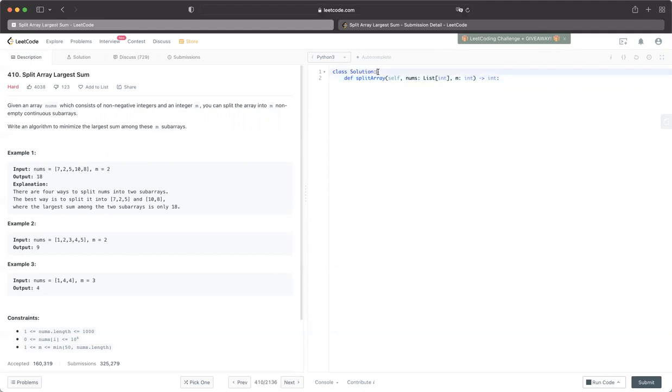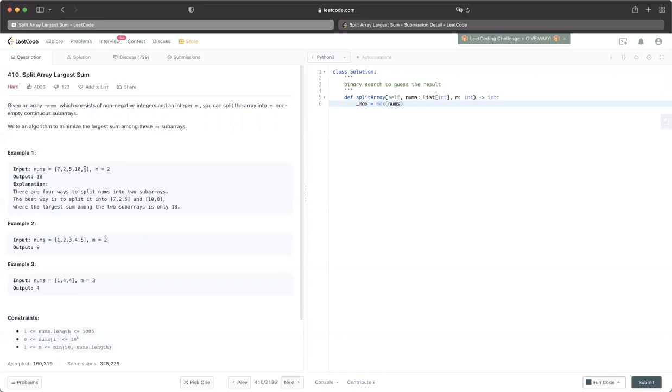Okay, so for this problem, we are going to solve it with a very smart way, which is a binary search to guess the result. For guessing, we are going to have a range of integers to guess the result from. So first of all, we need to calculate two things. One is max, which is the max value in the original array. In this case, it is 10 because